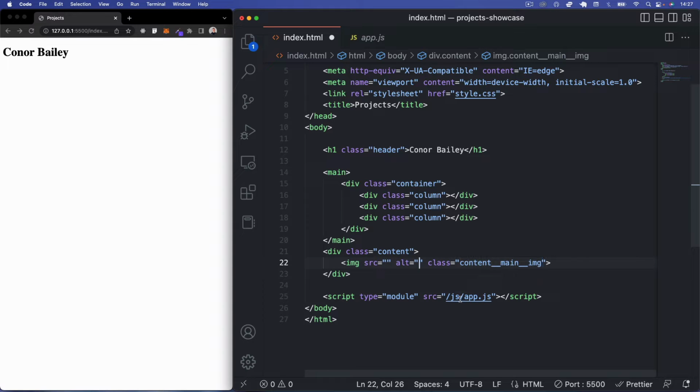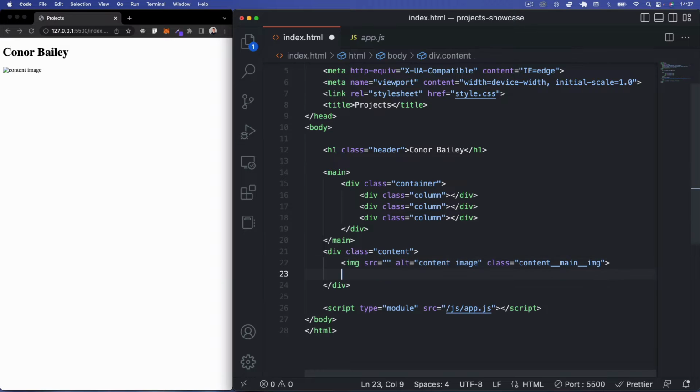Alt, I'm just going to say content image for now, like so. Okay, so actually let's just leave that for now. Okay, that's okay. Now come underneath here, come underneath the image, we want to have a div, and this is